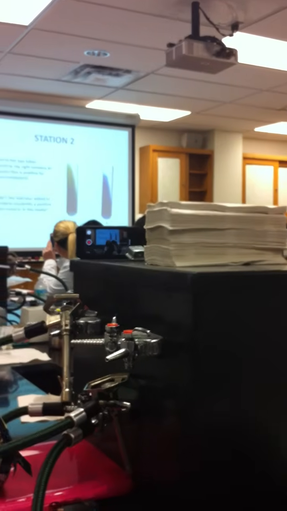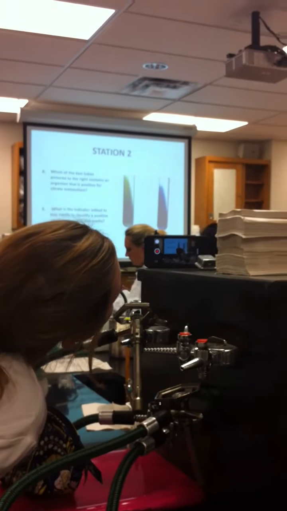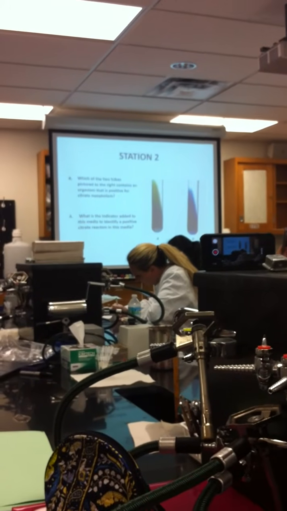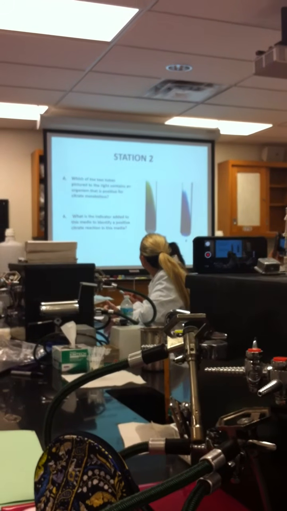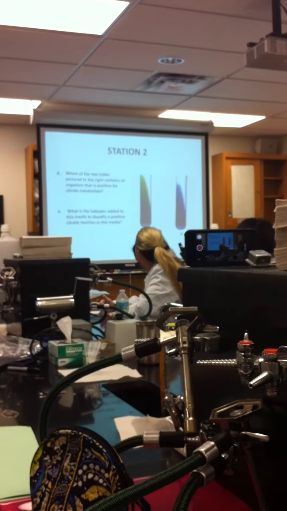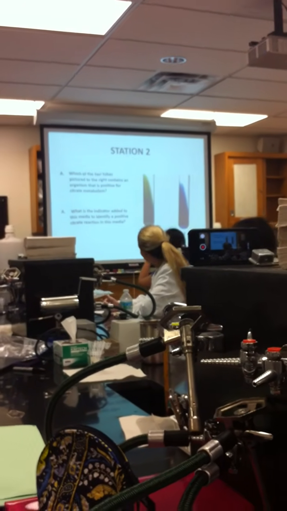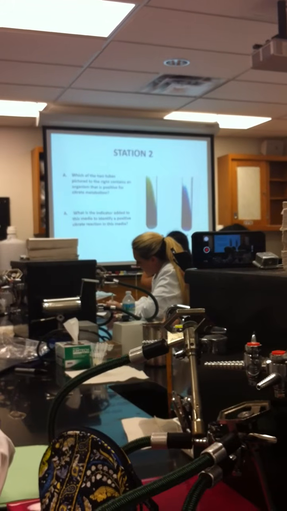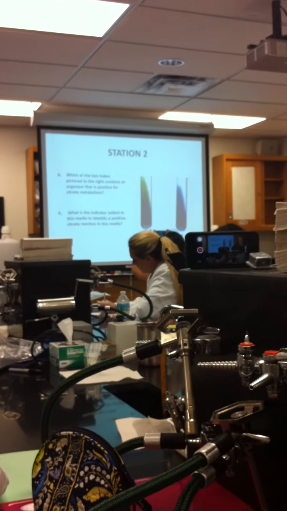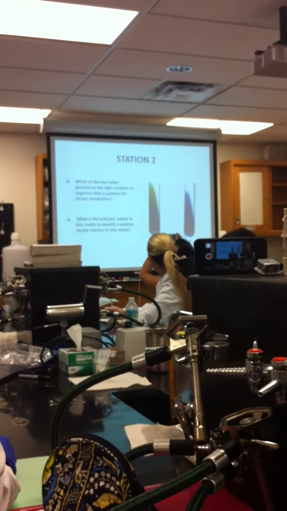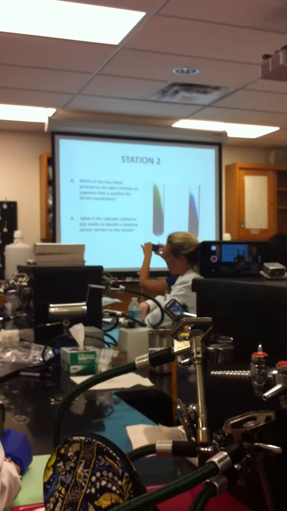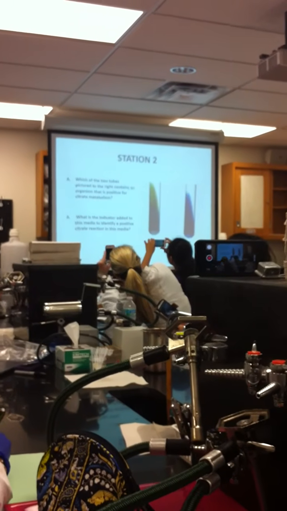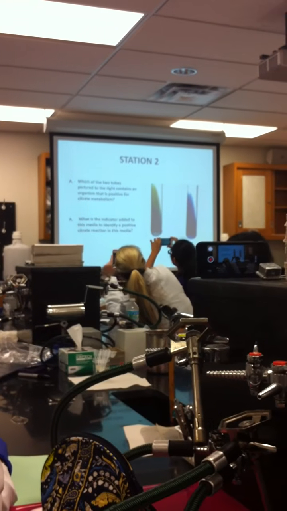Okay, so in this, what's going on in this tube? You guys remember what this tube is? This is the citrate tube. So, which of these two tubes is positive? Blue, the B one. The blue one's positive. You guys need to look over that sheet or the PowerPoint that I gave you because this is all over it. And if you miss that, that's just too bad. I will be disappointed in you because this is right in the middle of it and you guys need to